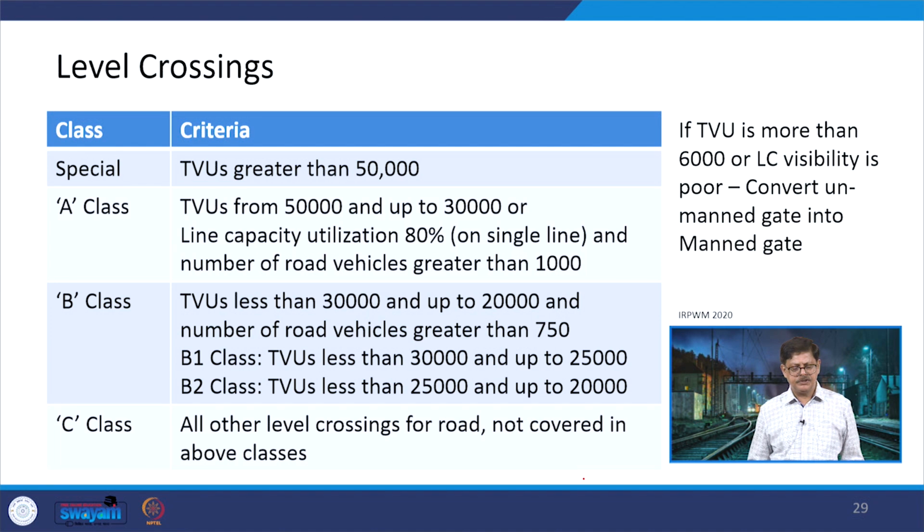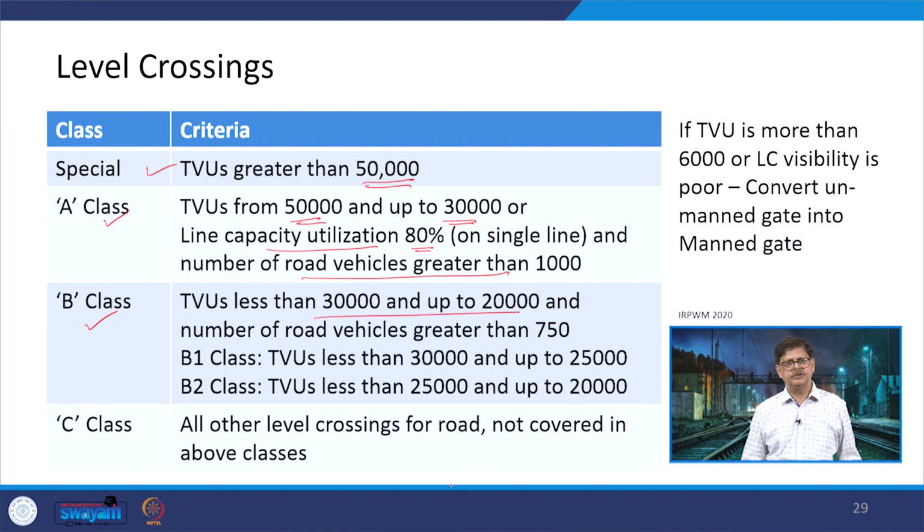Here the classifications are being given. If it is a special class, then the TVU is greater than 50,000. If it is A class, then it is between 50,000 and 30,000, or the line capacity utilization is 80% on a single line, or the number of road vehicles is greater than 1000. In the case of B class, the range is